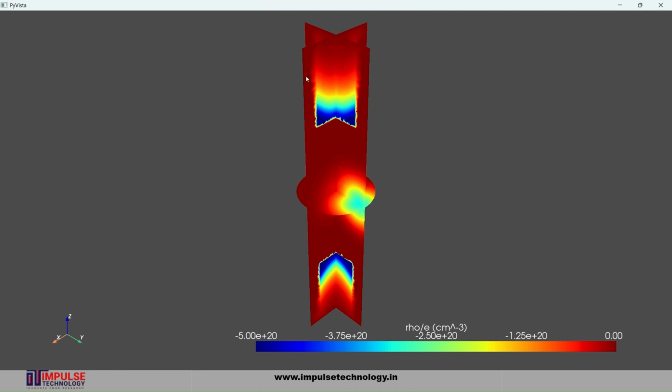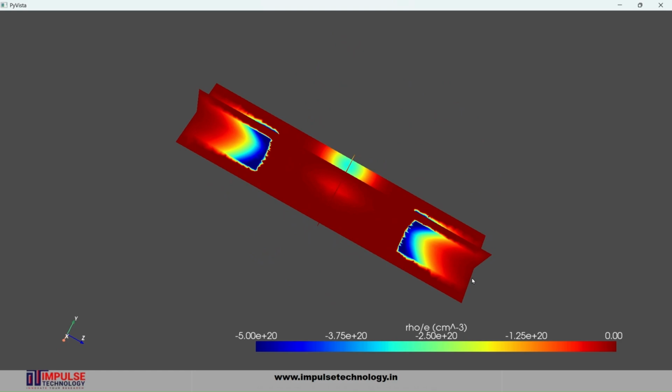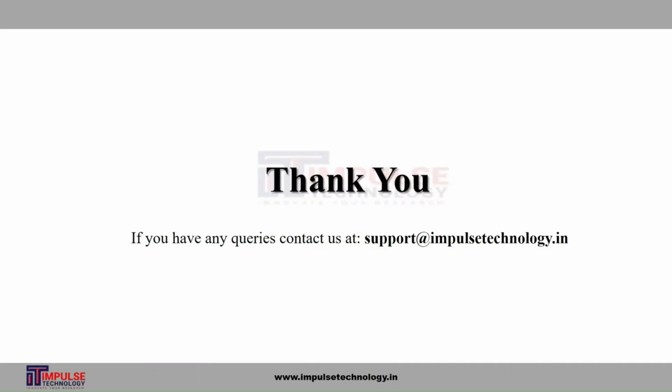Before moving on, there you have it. We have explored how the surface charge model and volume charge model help us understand and simulate the impact of background charges on nanowire devices. By using this model and tools like QTCAD, we can design more reliable and efficient electronic devices. Thank you.